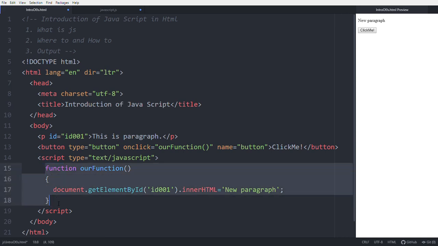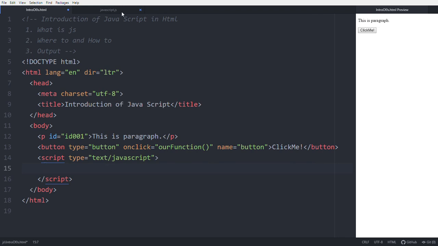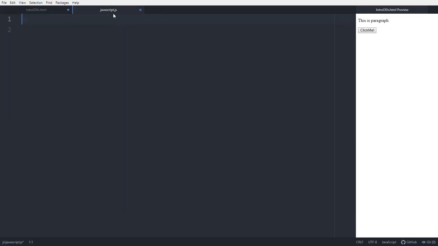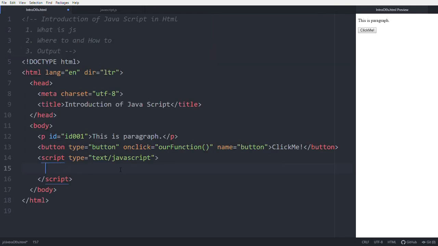See, taking this part, putting it in the javascript.js file, in the same folder as the HTML file. It is also in the same folder. Paste it, create the link with the source attribute.